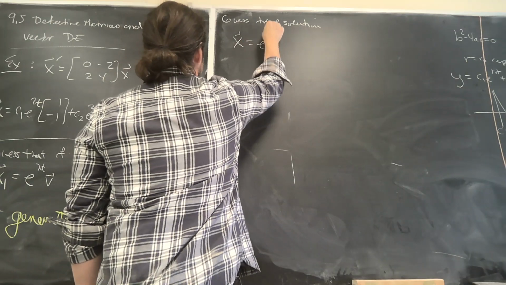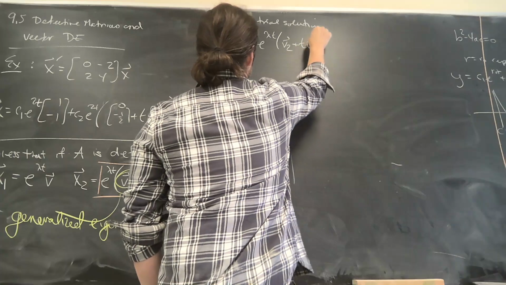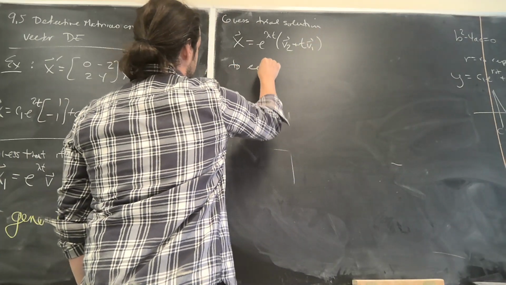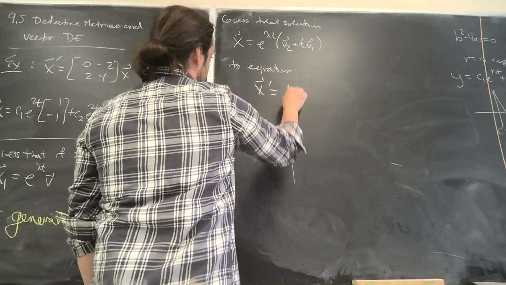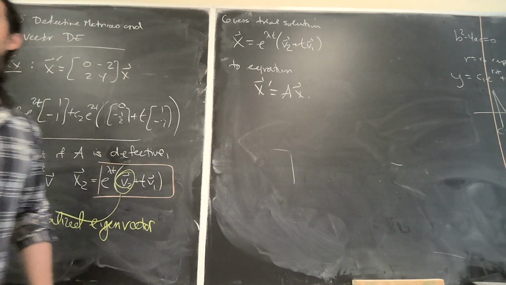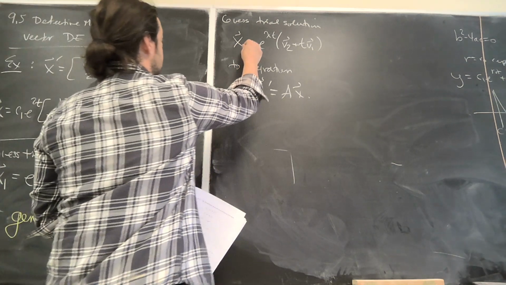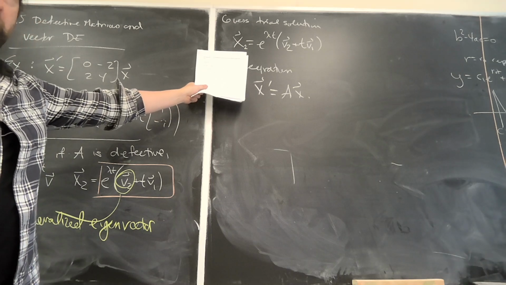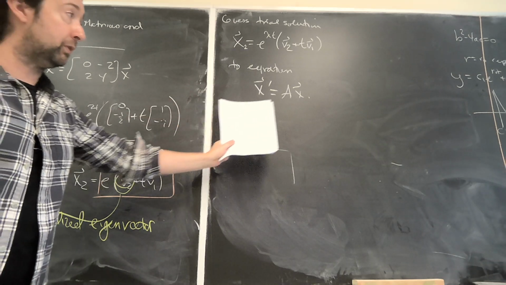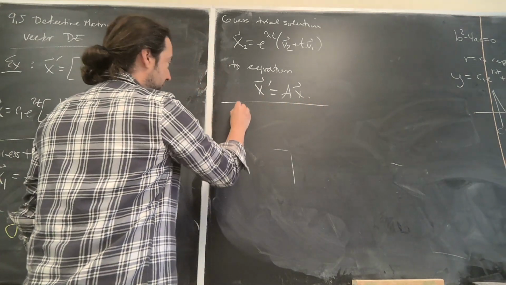x equals e to the lambda t v2 plus t v1 to the equation x prime equals Ax. And I could work through the algebra of what happens next. What I mean by this is, if I took the derivative of that expression and put it into both sides of the differential equation, and multiplied everything out, so I did a whole lot of algebra,